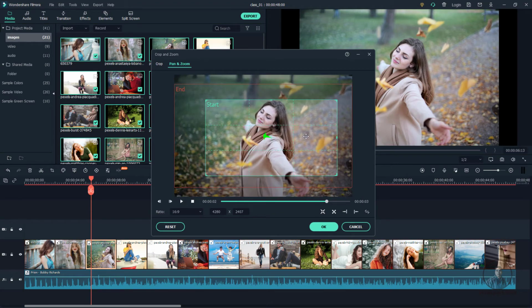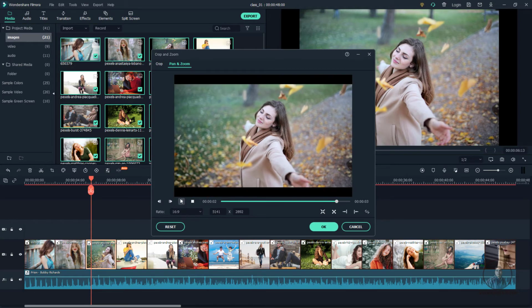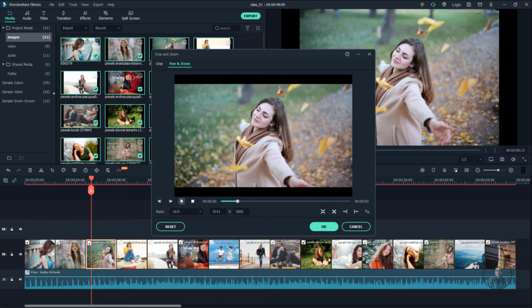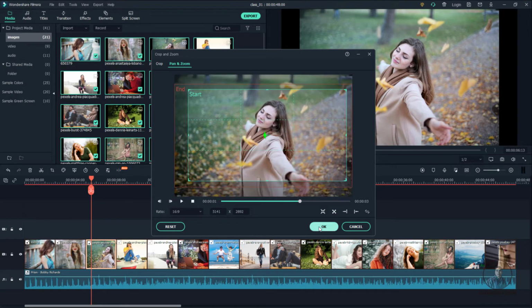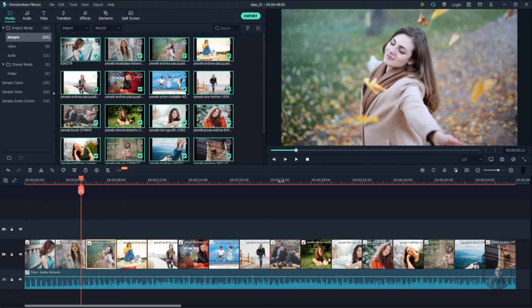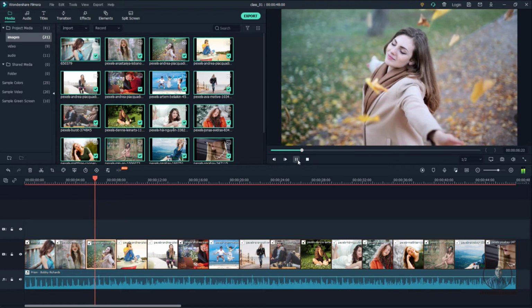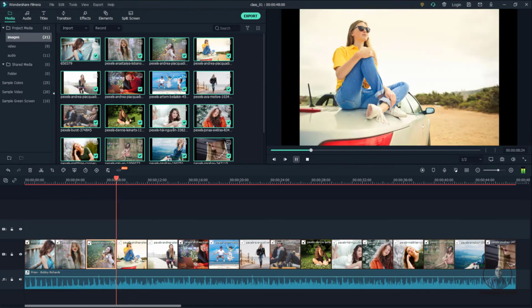If this is a little bit too fast, you can adjust this start and end area like this. Then press OK, and check the preview again. Now you can see here, then simply press OK. Like this you can also create a zoom in zoom out effect. Now just animate some other pictures like this.